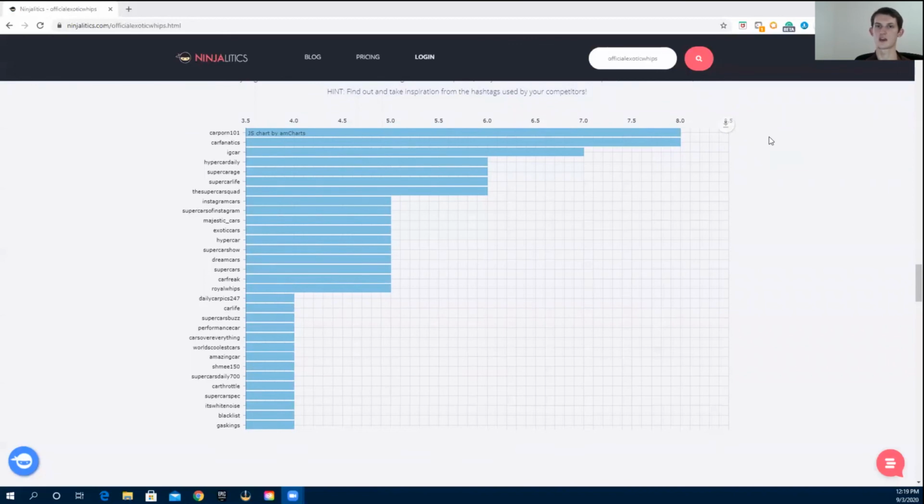So let's say you have a new real estate listing, right? And you put something that has nothing to do with real estate. If you put hashtag cotton candy on a real estate listing, it's not going to rank in hashtag cotton candy. No one's going to see it. No one's going to engage with it, because anyone who's interested in hashtag cotton candy does not care about a real estate listing. So make sure that you're using relevant hashtags.